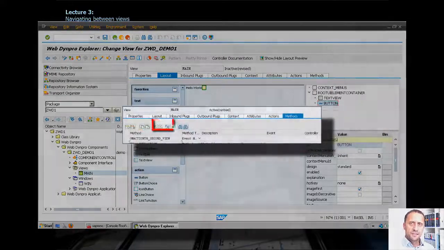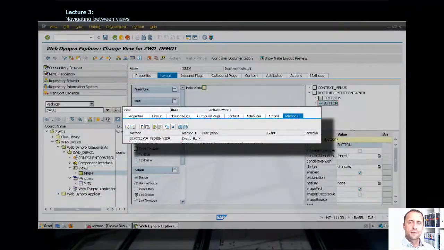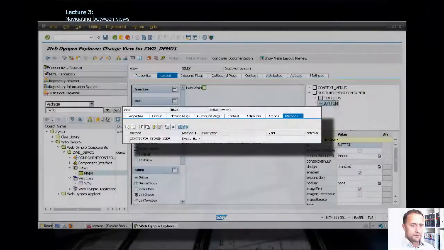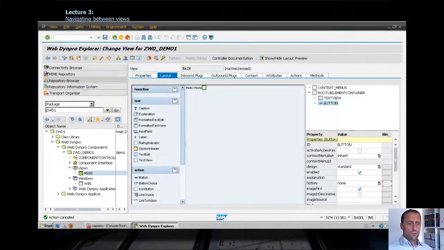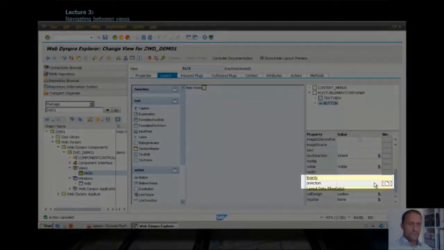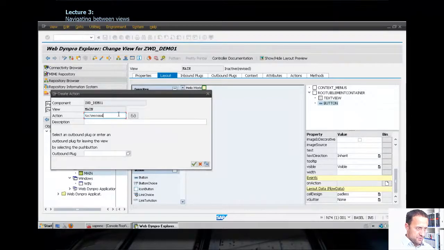An action is a client-side event, which then can in turn call the outbound plug on the view. To make the button useful, we need to assign an action. The action doesn't exist yet, so we use here the button create, call the action to second,